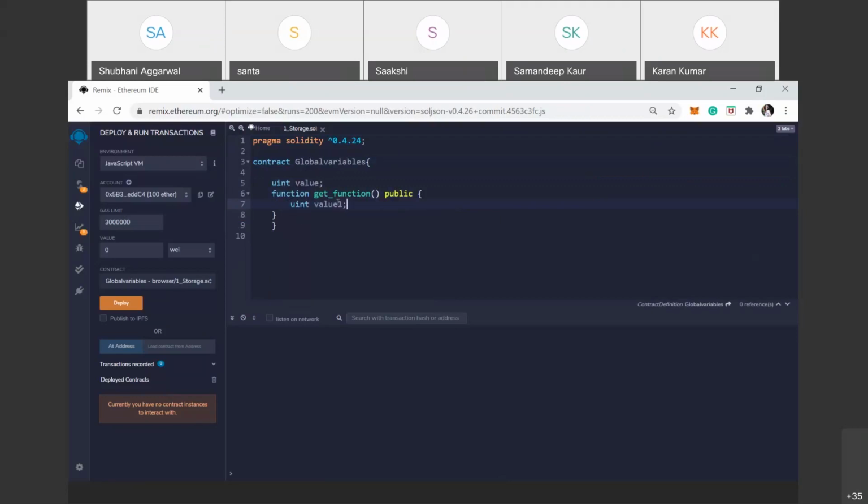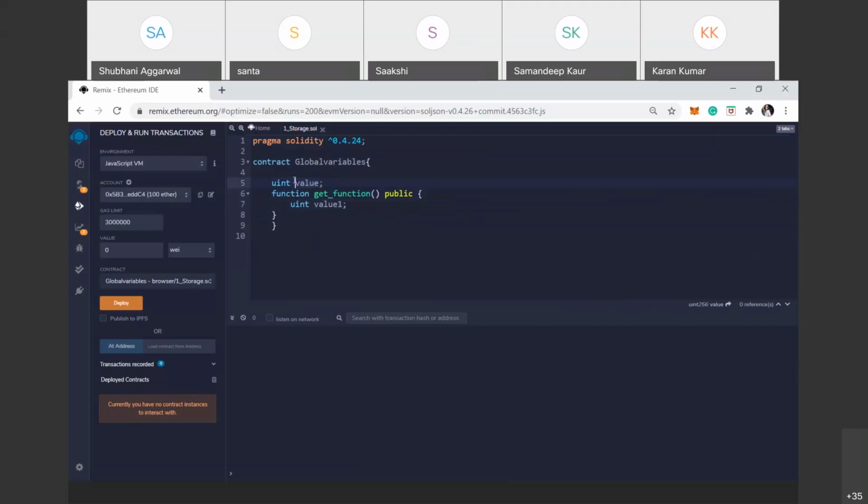The default visibility of a variable defined under the function is public, and the default visibility of variables defined under the contract is private.